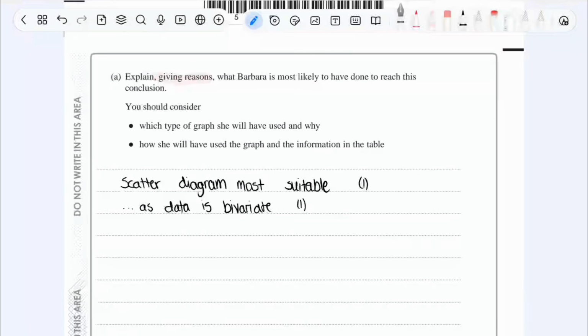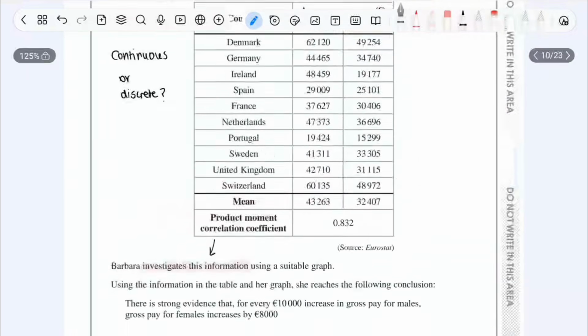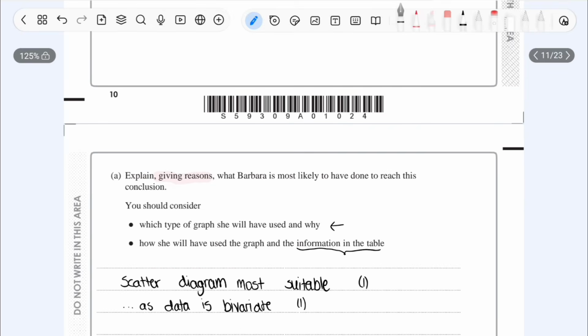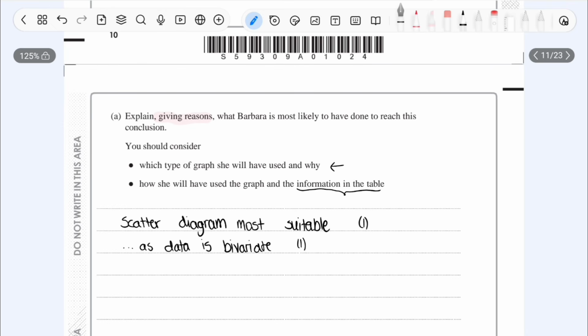So now we've used this bullet point, we need to focus on the next bullet point. How will she have used the graph and the information of the table? Well, let's focus on the information of the table first. We can gather from this that she's using her data in the table and her hypothesis or conclusion, and she's putting it into the graph, and we've already discussed that this is a scatter